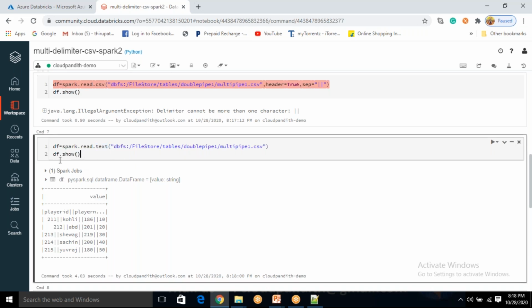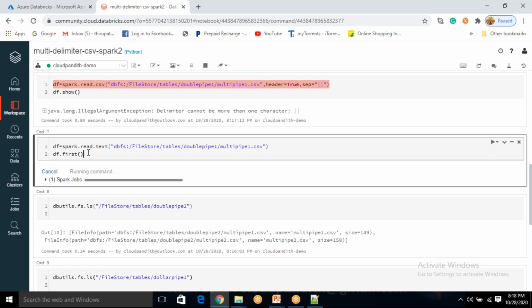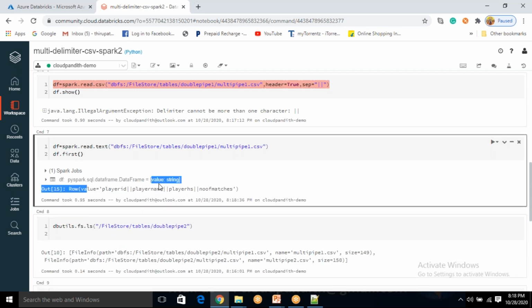Now you know 100% your first row is your header. To get the first row, what you need to do is df.first. Just execute it. See, df.first means you are getting this. If you want to get only this value, you have to say df.first of 0.